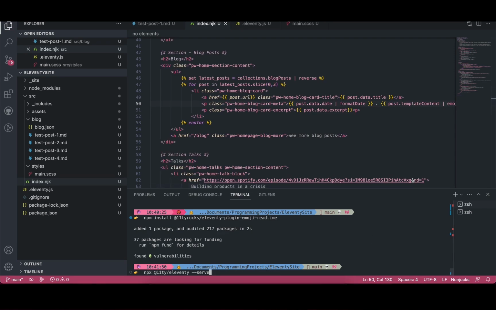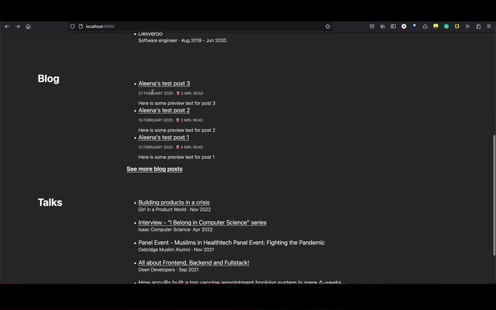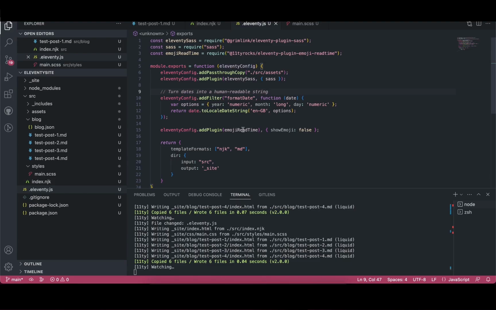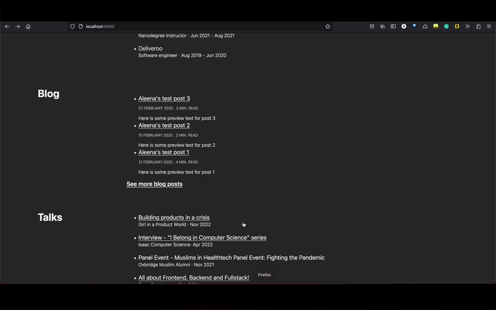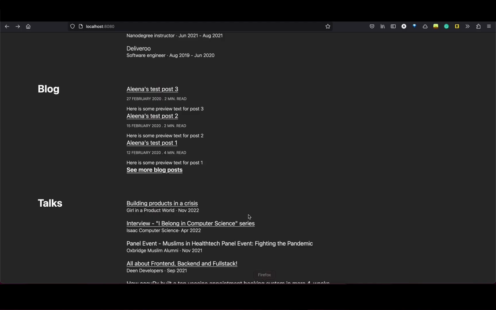If we take a look at the page, we'll see that it has this metadata. One thing I do notice is that the emoji is still showing up, so I've probably done something wrong here. And I can see that I've passed in the parameter wrong, and there we go, that's gone away now. Also, this doesn't look too great margin and padding wise, so I'm just sorting out the spacing in the CSS, and I'll also remove the list style.